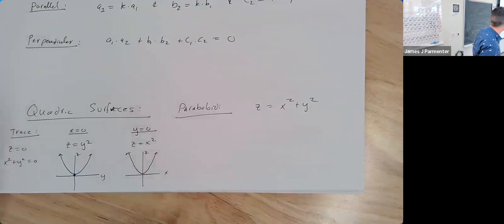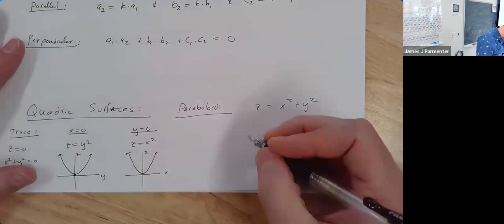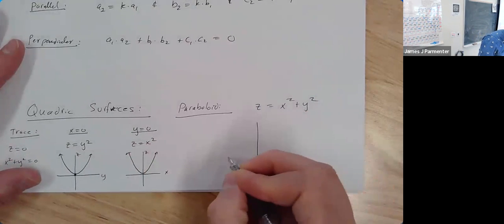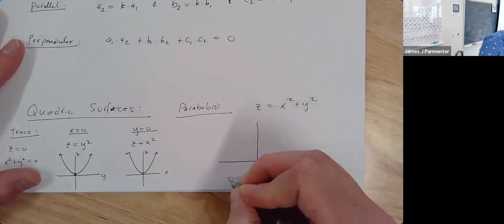So the reason we talk about the traces is because we try to overlap all three traces onto the XYZ coordinate plane to get an idea of what the graph actually looks like. So what I'm really thinking about doing when I graph this in my three-dimensional coordinate system,